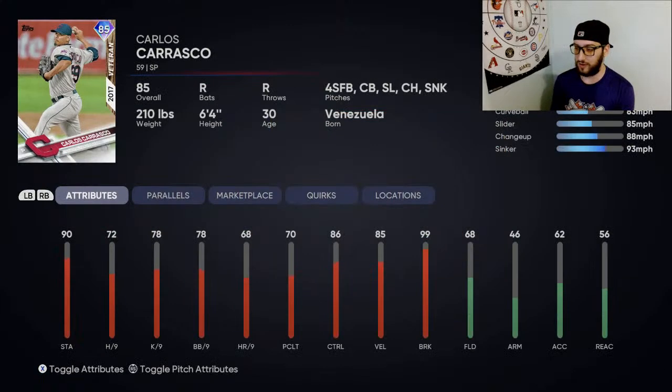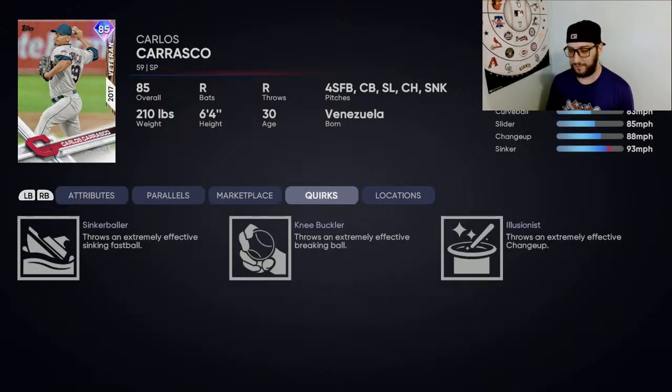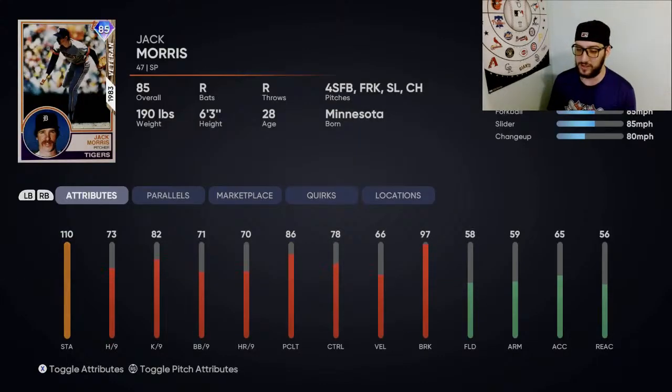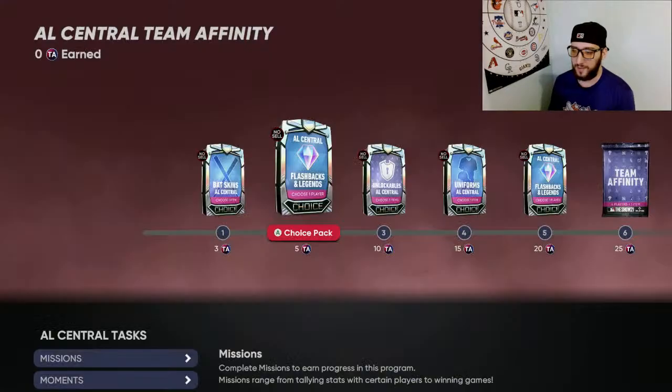There's this 85 Carlos Carrasco, who looks pretty good. It's not a great card, but he's got the sinker, he's got the slider, he's got a four-seamer that touches 95. He's got good quirks. It's not a bad card if you're no money spent and you're looking for some starters still. And then you got this 85 Jack Morris, who has the forkball, a slider, and the changeup. Differentials aren't great. He's okay. I mean, not a bad card. Not my favorite card I've seen, but...